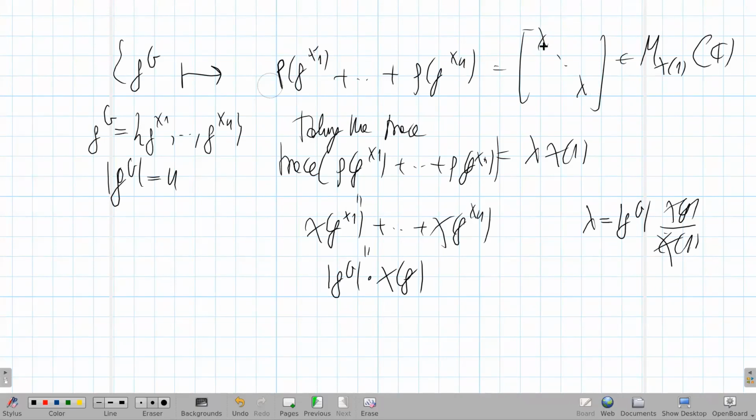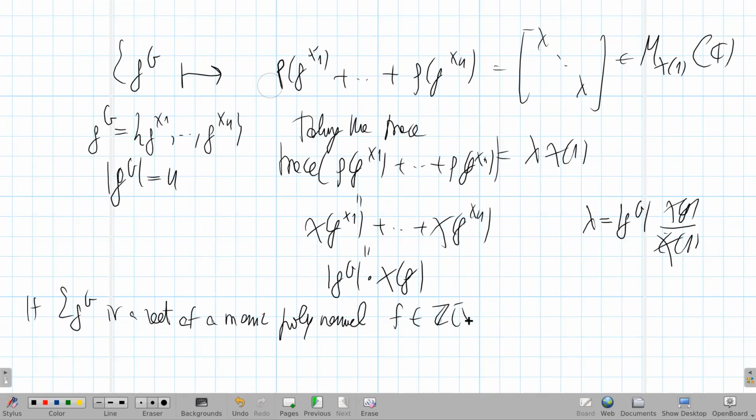But then it means lambda is an algebraic integer. Okay, so if sigma is a root of a monic polynomial, say f with coefficient in Z, but remember monic, which means integral, then since we have a morphism and a